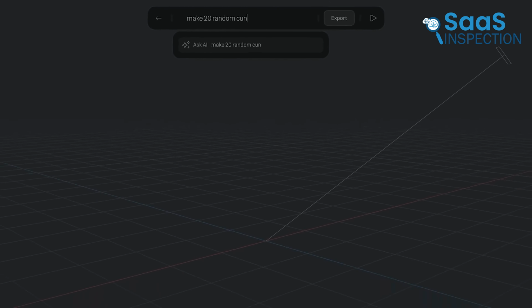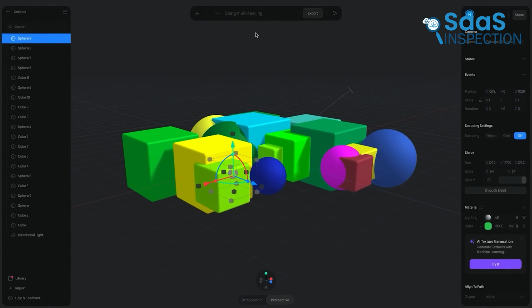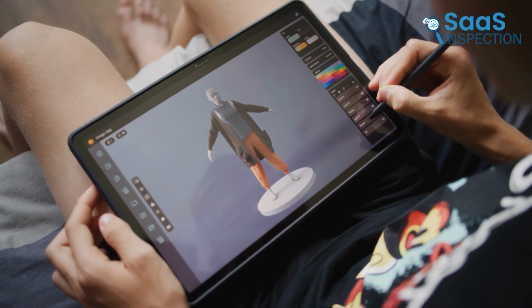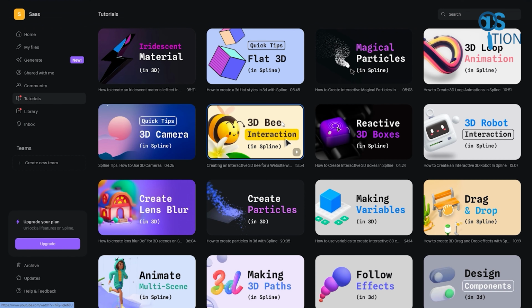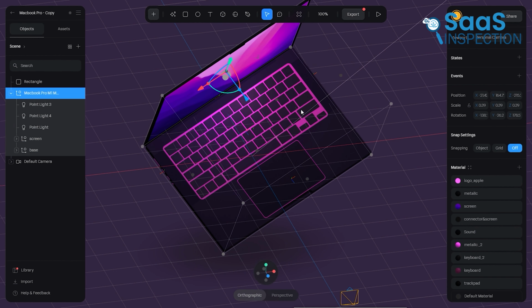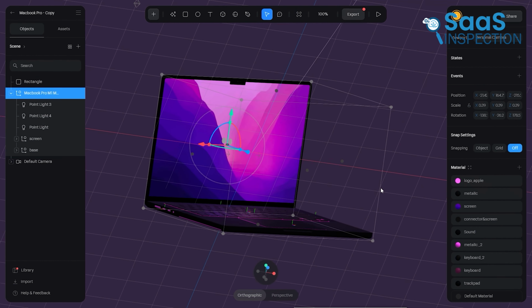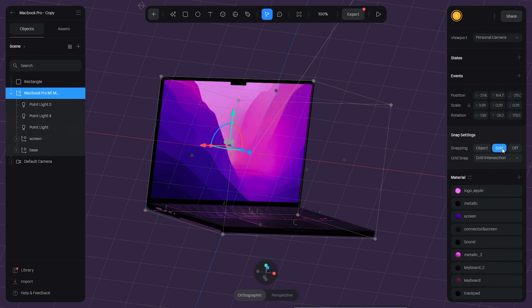Spline is this relatively new 3D design tool that's all about making 3D accessible to everyone, not just hardcore 3D artists. It runs right in your web browser, which means you don't need to download any hefty software or worry about system requirements. One thing that really stood out to us is how intuitive Spline feels compared to some other 3D programs. The interface is clean and simple, with tools that are easy to find and use. This is a big deal if you're coming from a 2D design background or if you've ever opened Blender and